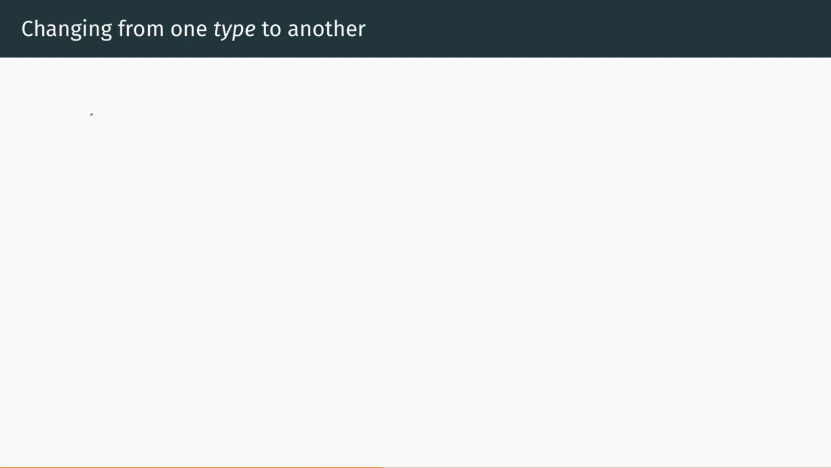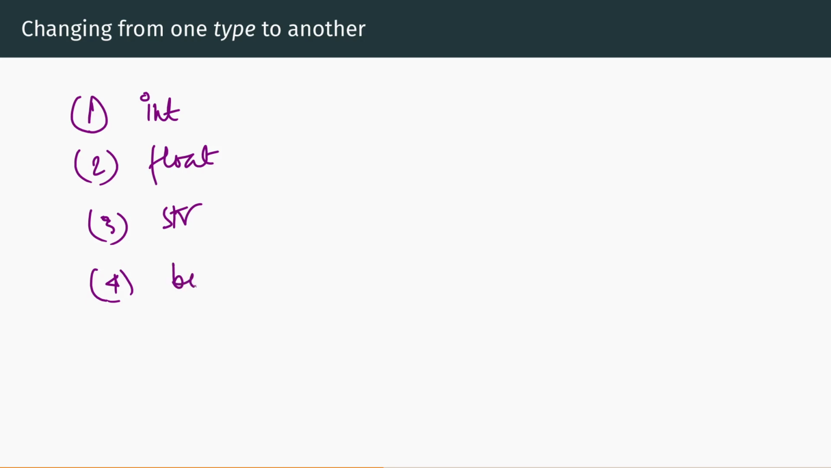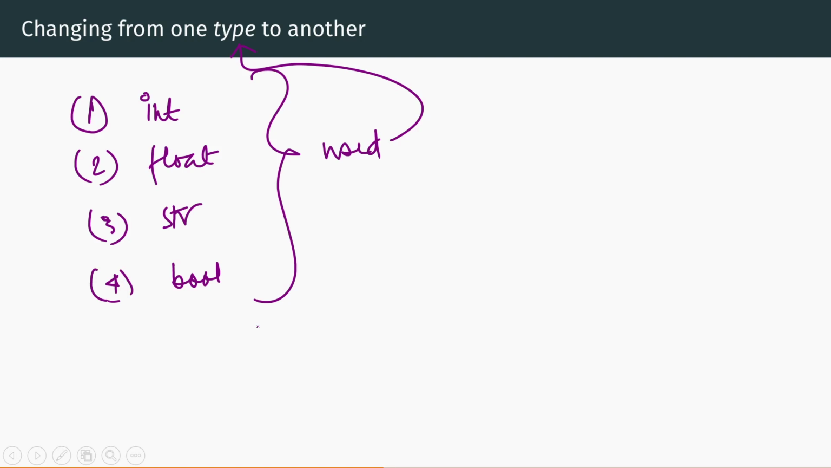And these four functions, int, float, str for string, I'll just say string from now on, and bool. These four functions are used to change from one type to another. Okay, and I'll show you an example of how to do that. But the general form is, let's say